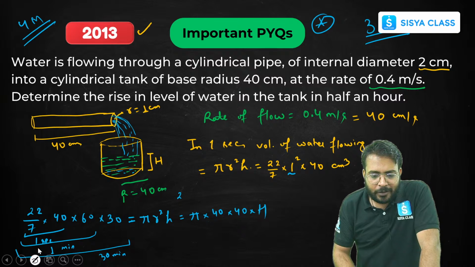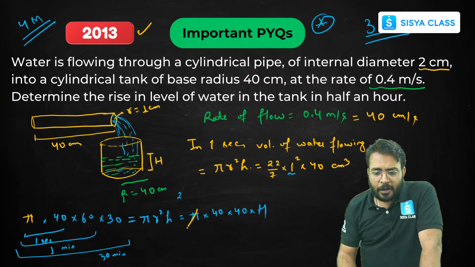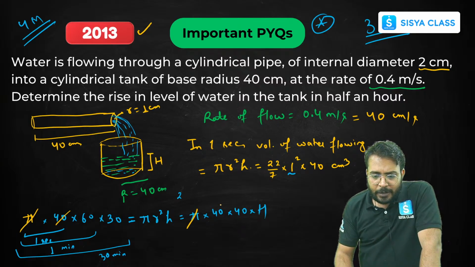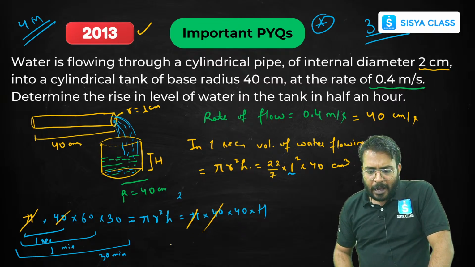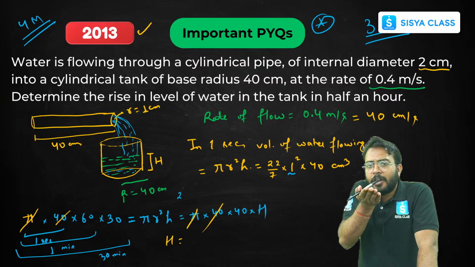Okay, so here we were talking about whether we need to take 22/7 or pi. Already this pi and pi will get cancelled, so I am just going to write it as pi. Now can you see, beta, pi and pi will get cancelled, 40 and 40 will get cancelled. Anything else? Yeah, so your height,